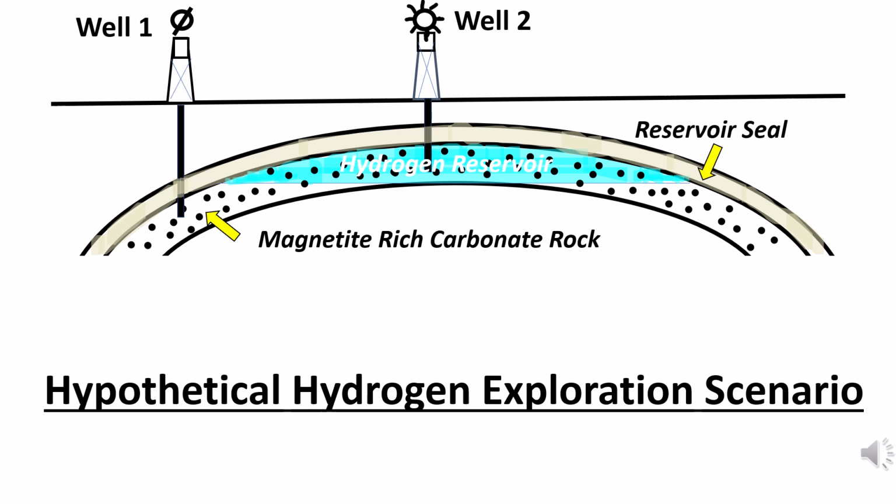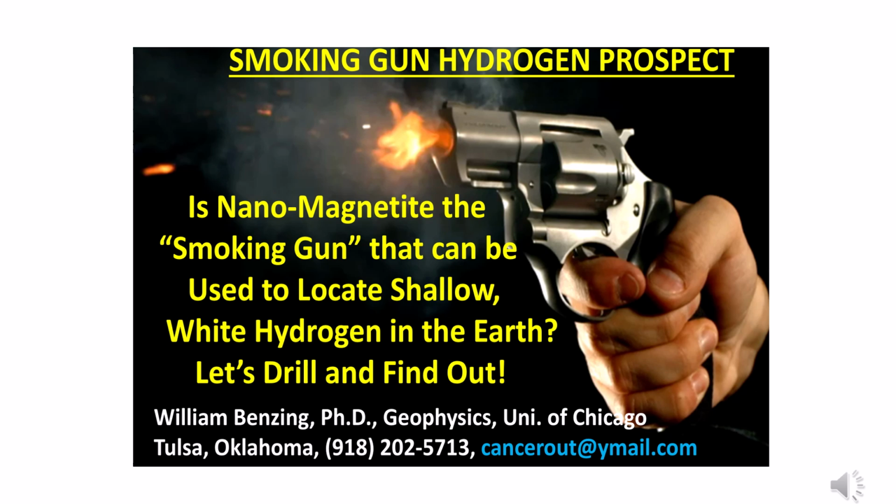Additional geophysical data indicates well 1 was drilled in a down-dip location relative to the structural high in the reservoir rock. Knowing that hydrogen is 8 times lighter than methane and that magnetite is a source rock for hydrogen, the generated hydrogen should easily migrate up dip to the structural high. Consequently, well 2 was drilled into the magnetite-rich carbonate and a hydrogen reservoir was discovered. The presence of nano-magnetite in well 1 was like a smoking gun, telling the explorationist to drill up dip to find the hydrogen reservoir. The hypothetical hydrogen exploration scenario can be tested by drilling an existing hydrogen prospect called the